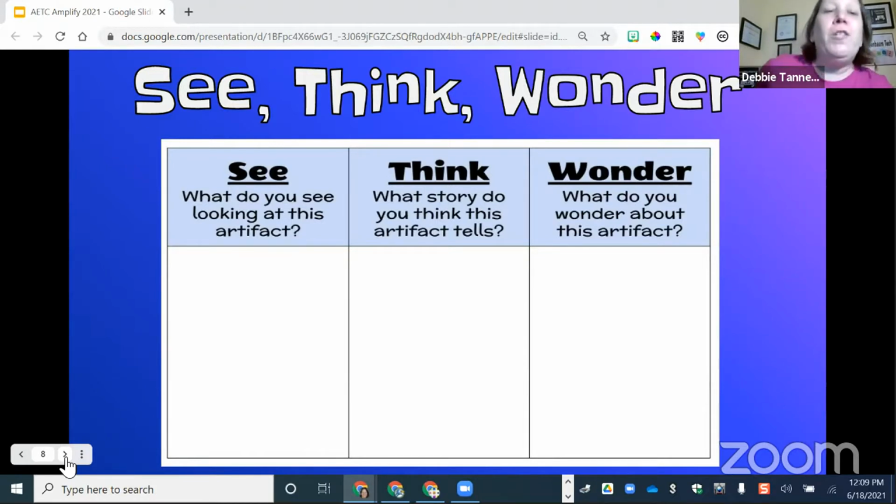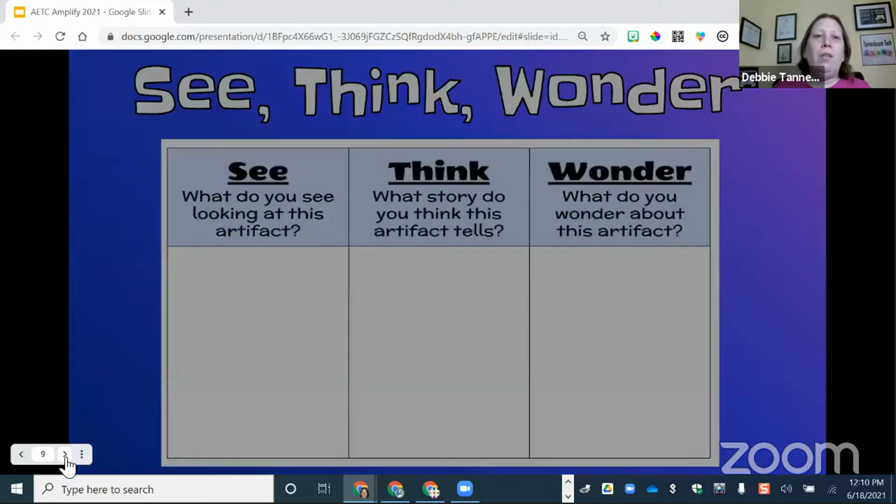Okay, so the first one I'm going to share is See, Think, Wonder. You'll see an example of this a little later in the presentation. This one is for when you're looking at things. I love using it for museums like Smithsonian Learning Lab. What do you see? What are those straight-out observations that you see when you look at an artifact? What do you think is the story? We're asking our students to make inferences. And then, what do you wonder? Love that one. Usually a lot of people can view this one as being the starter thinking routine, but it doesn't have to be.